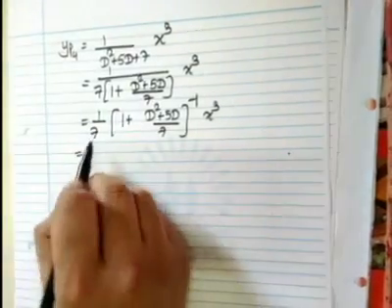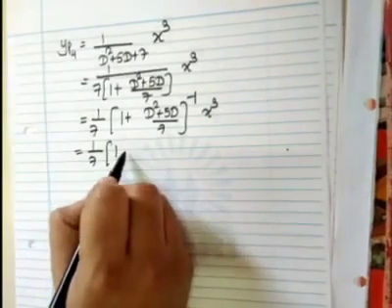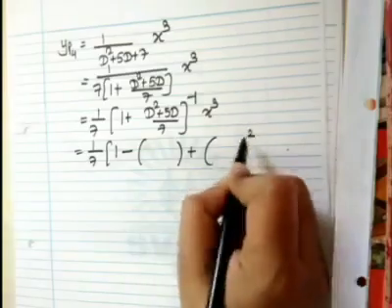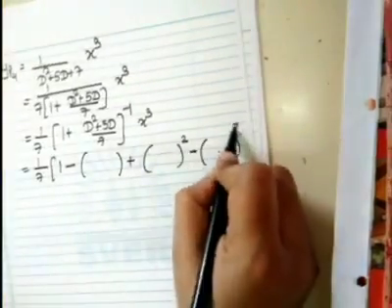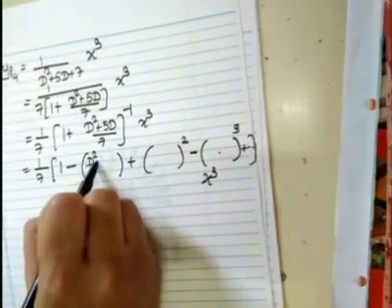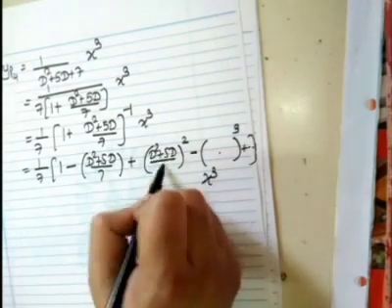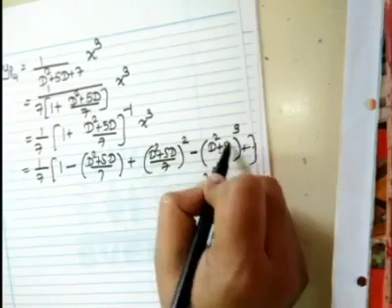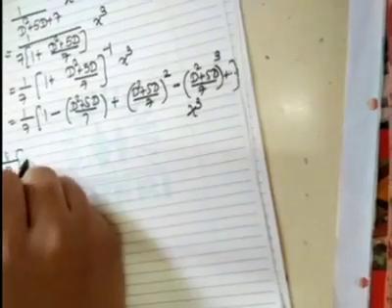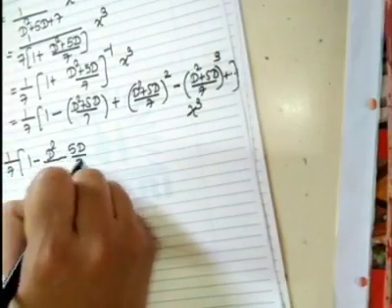That is equal to 1 by 7, 1 plus x inverse. So 1 minus d square plus 5d by 7, then square and cube, as we have x cube. So we'll write d square plus 5d by 7, d square plus 5d by 7 square, d square plus 5d by 7 cube. That is equal to 1 by 7. Open it. 1 minus d square by 7 minus 5d by 7.